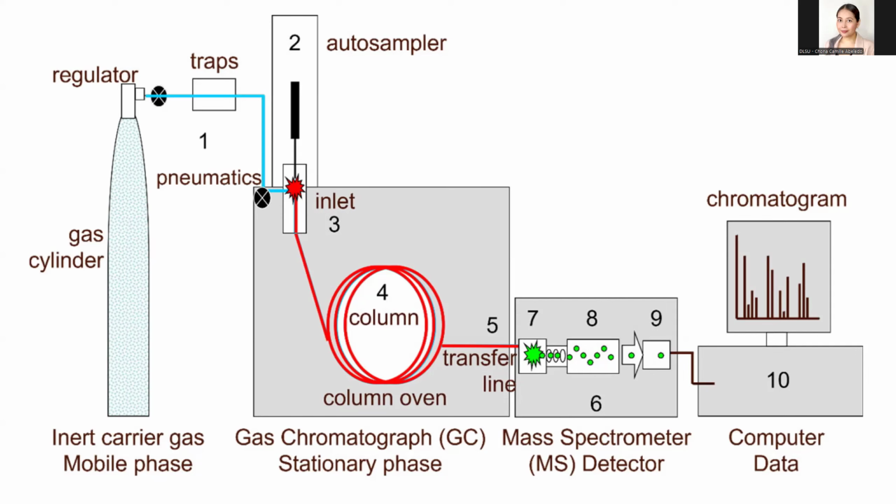This inert carrier gas moves the vaporized sample through the column, which is coated with the stationary phase material. Each compound in the sample interacts differently with the stationary phase, which causes them to separate as they move along the column at different speeds. The time it takes for a compound to travel through the column, known as its retention time, helps distinguish it